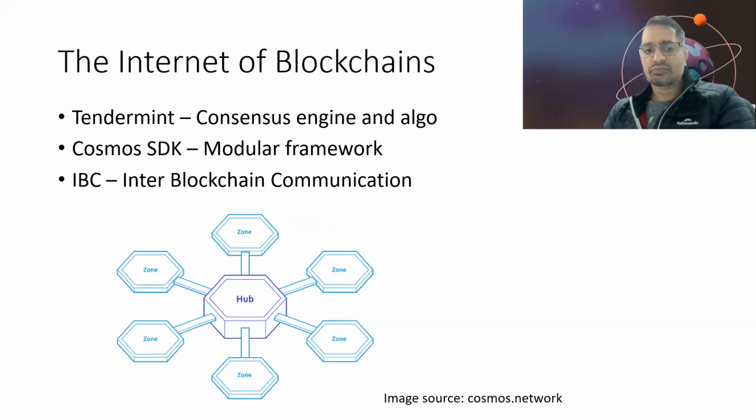The way it works is that, because of this inter-blockchain communication, you can send tokens from one chain to another chain that are on Cosmos. To do that, one way is to connect each chain with every other chain, but that way it will get very complicated. So rather than that, Cosmos proposes a hub and zone model where all the chains are connected to the hub. At the moment, there is one hub called the Cosmos Hub. We'll look at that.